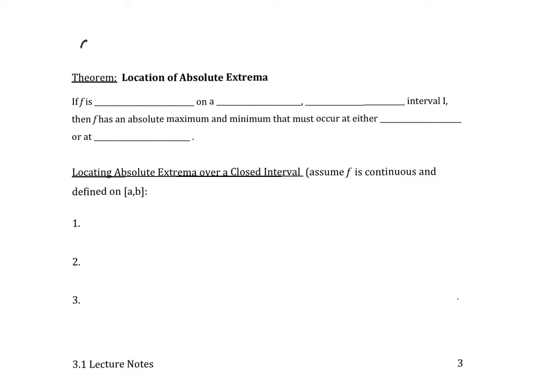Let's talk about the closed interval method. The closed interval method allows us to locate absolute extrema. Absolute extrema just means absolute maximums and absolute minimums. Now, we have a theorem that says if f is continuous